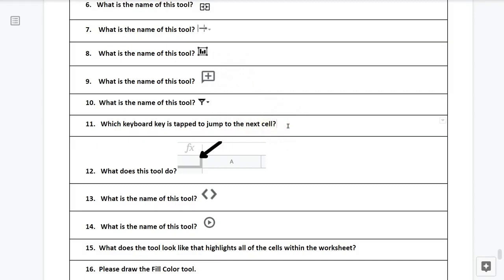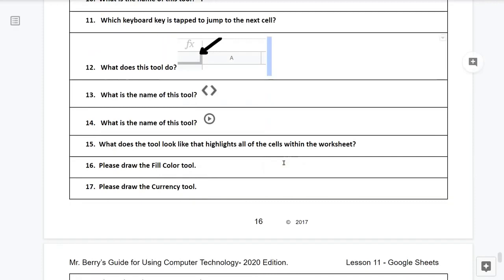Question number 11. Which keyboard key is tapped to jump to the next cell? Question number 12. What does this tool do? Question number 13.